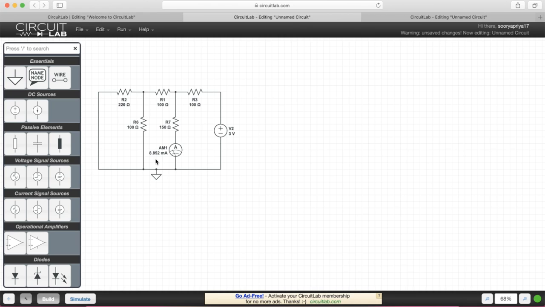Now when you add up both these, 8.852 and the previous value which the 8-volt battery measured, 4.372, you would have got the value of the original current of 13 point something milliamps. So we get the value of the I dash and I double dash summed value to be equal to the original value of the current.